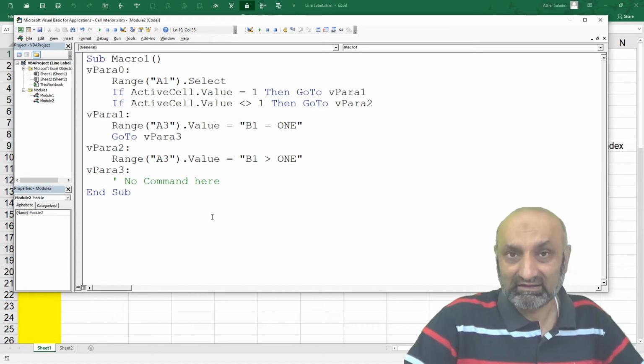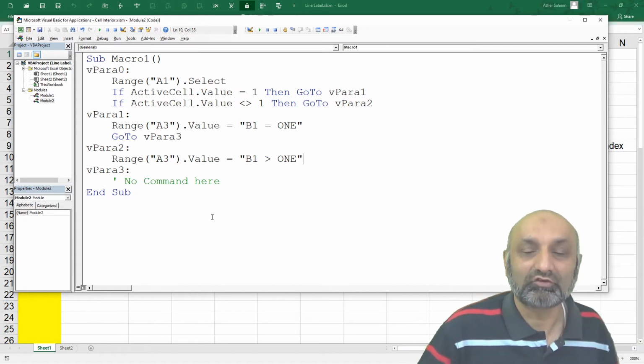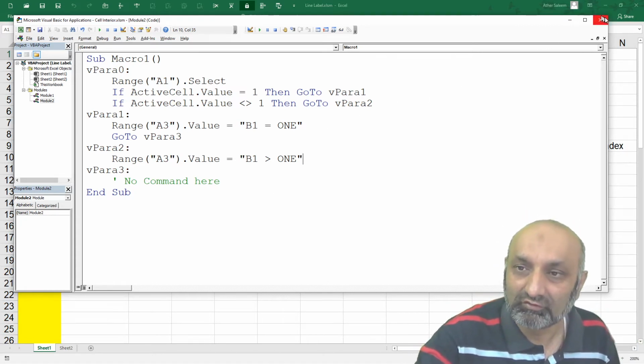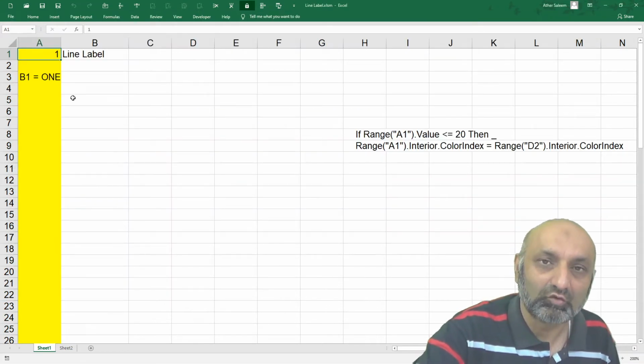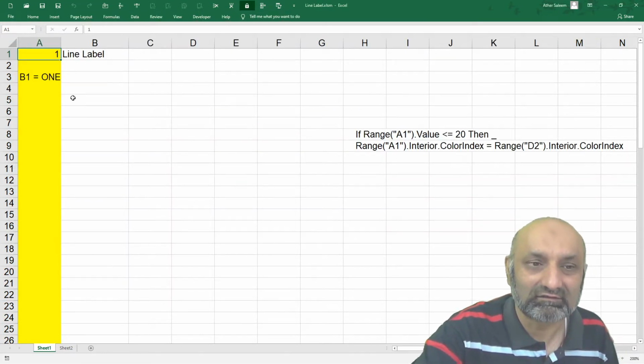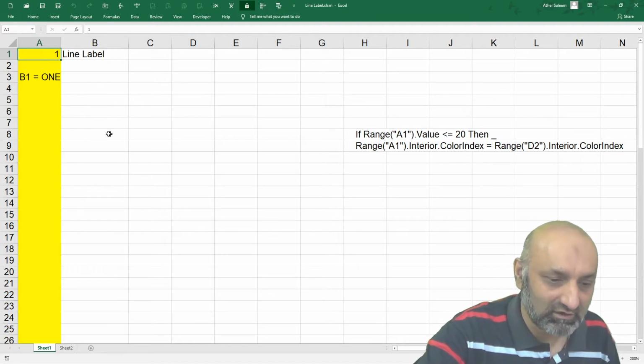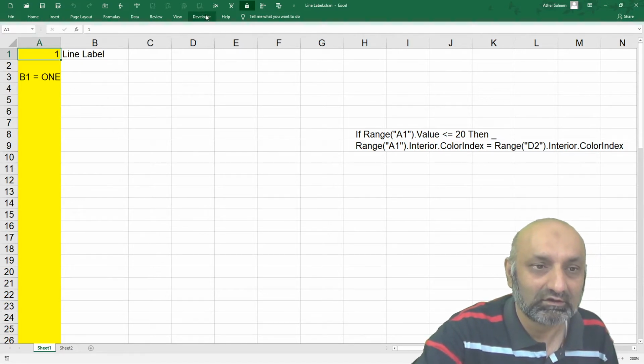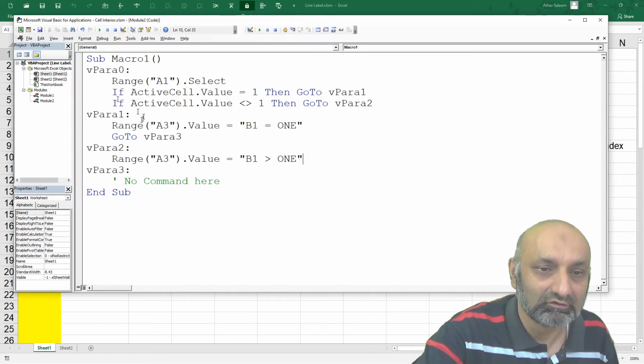Then I gave you an assignment. The assignment was to create a manual loop so that 1 to 1000 repeats in cell A1. So let's go and create that loop.